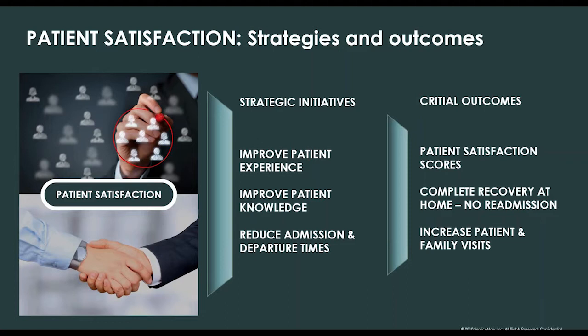So overall, as you can see here, we're really focused on strategies and outcomes and how we can assist organizations in achieving those through technology, which we'll talk about later when we talk about how technology can enable these outcomes. First, before we jump to the next slide, Jesse or Jeremy, anything you'd like to add